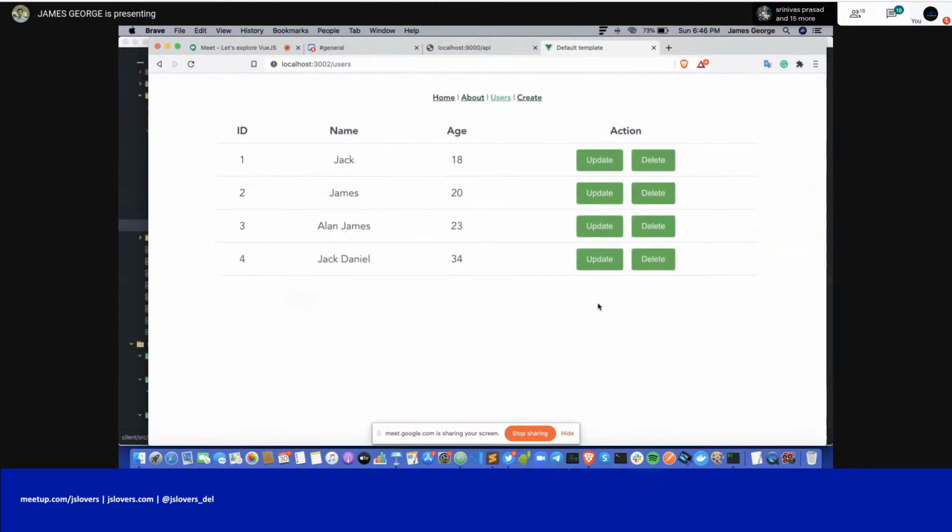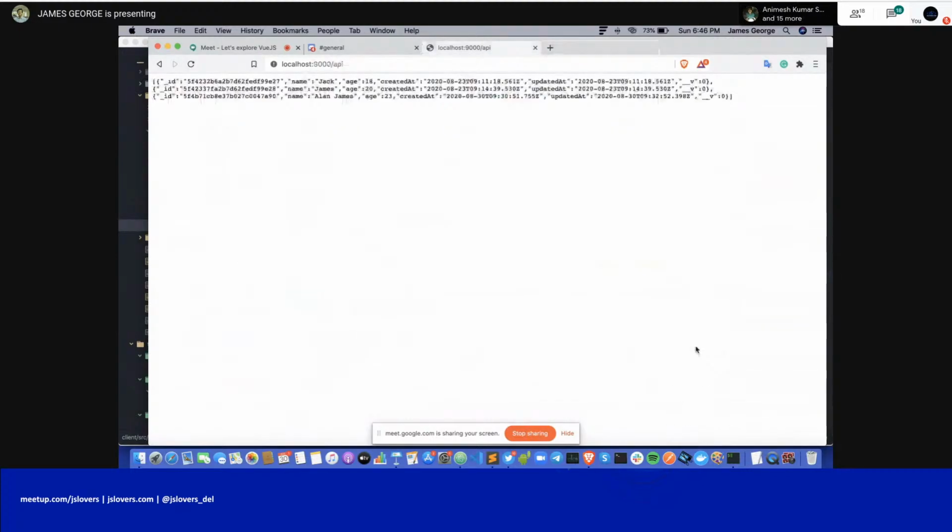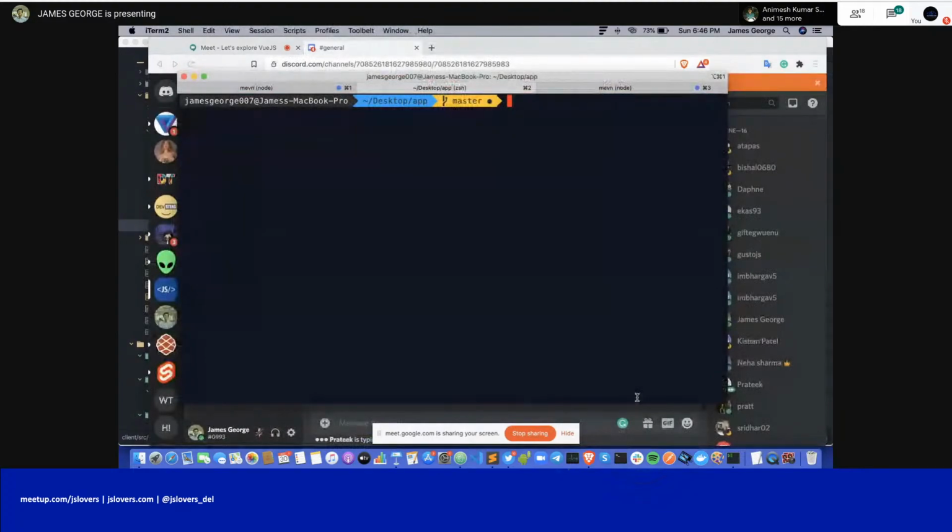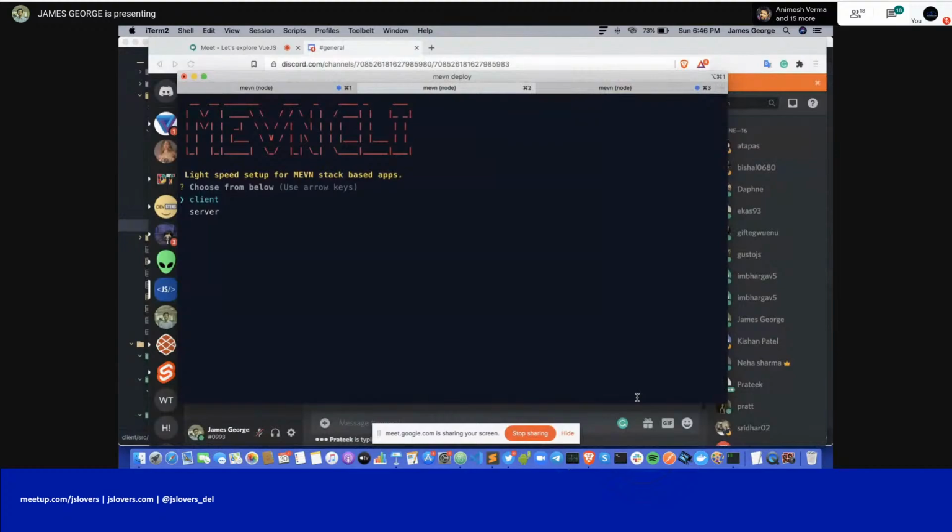What we're supposed to do is to deploy this full stack application to Heroku, and to do that, it's pretty simple with MEVN-CLI. All you have to do is type in MEVN deploy and wait for a while until everything gets right. Okay, let's choose server for now. Okay,